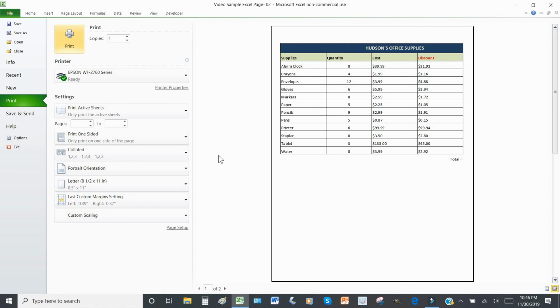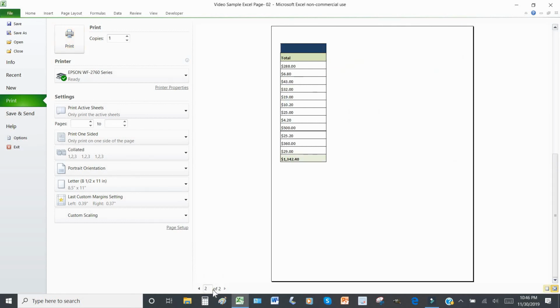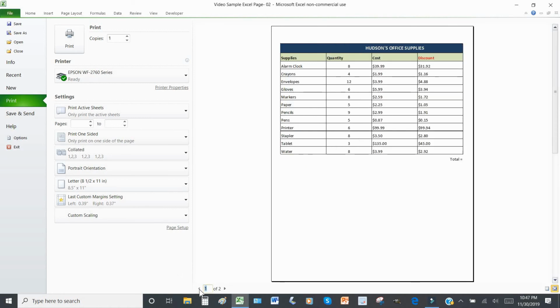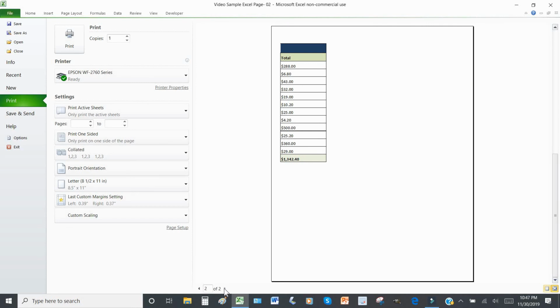Now, what you didn't see earlier was that at the very bottom of the preview page was page numbers. For instance, this lets you know that there are actually 2 pages. If you click the arrow to your left, you're going to go toward the first page. Going right, you will go toward all the multiple pages that are added in addition to the page 1. In this particular case, there are only 2, so you can see what the page will look like if printed,